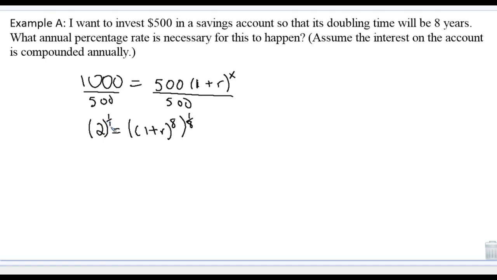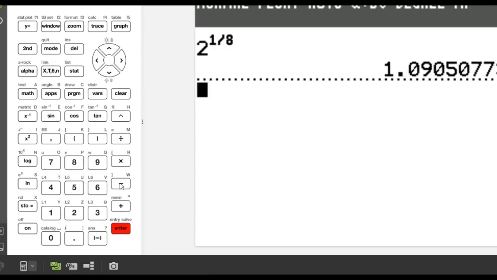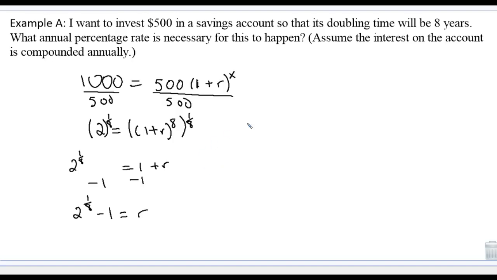So we can just say 1/8 power, and then we say 2 to the 1/8 is going to equal 1 plus R. So I need to subtract 1 and subtract 1. So I can say my answer should be 2 to the 1/8 minus 1 is going to give me the rate. So now let's just go through and solve it. So I can say 2 to the 1 divided by 8 gives me that number, and then I need to subtract off that 100% to give me 0.0905. So we can say then that our rate